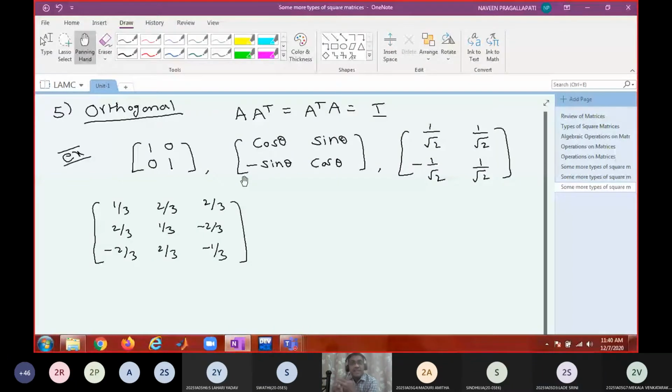But will it be sufficient? It may not be sufficient. You have to make a second check. What could be the second check? Again, closely observe the columns. Can you identify any relation between the columns? This is one column vector, this is another column vector. These are three column vectors. Do you identify any relation between these column vectors?